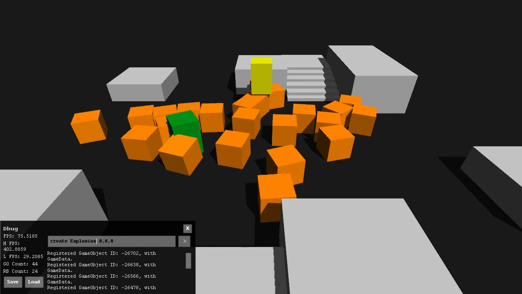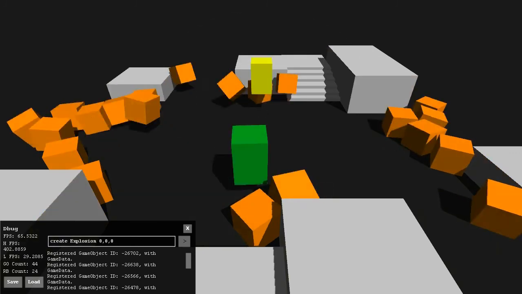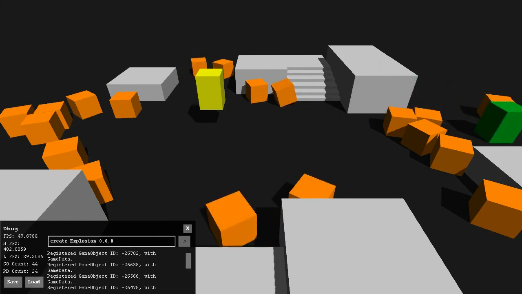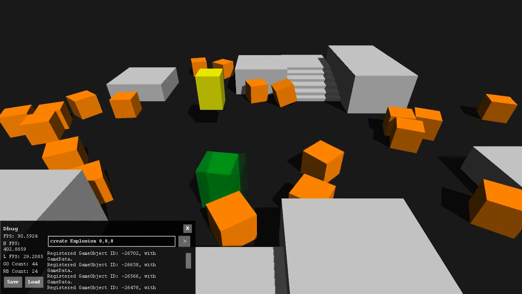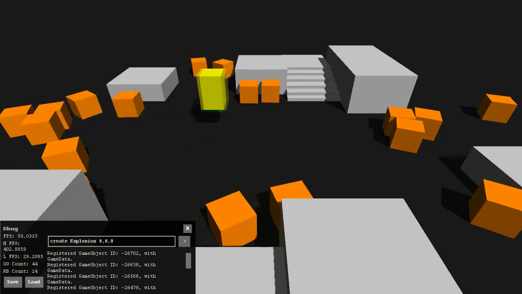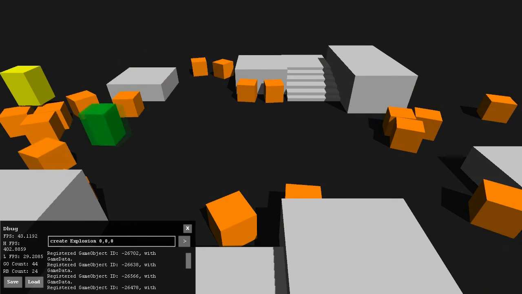So if we create an explosion, we can see that he's pushed around by the explosion, but this guy isn't. So there you go, the green one flies off, the yellow one doesn't. And suddenly this character's a lot more lifelike. He's changing the world, and he's a lot more interactive and real, whereas this one is very fixed, very static and boring. So yeah, that's what I've been working on,